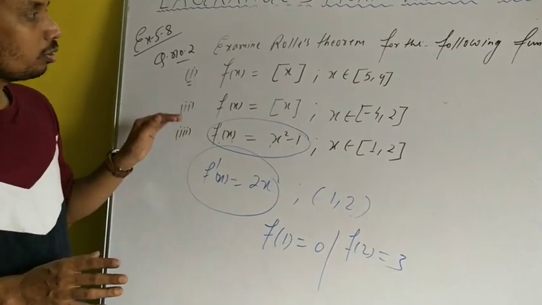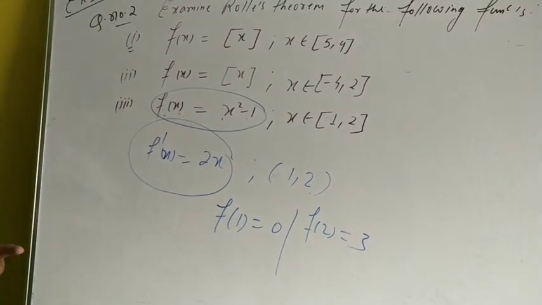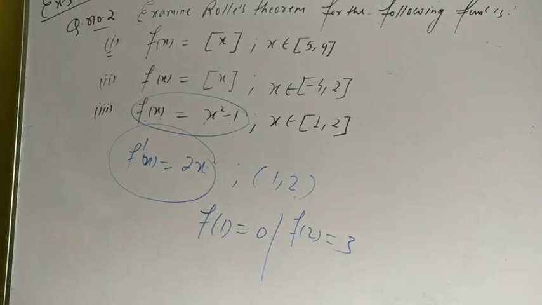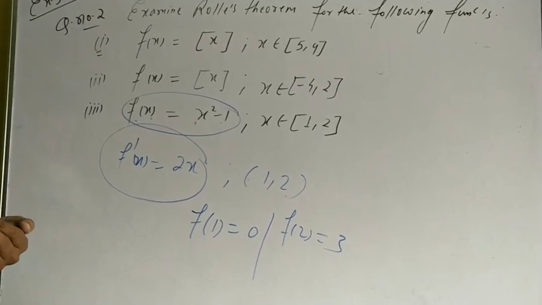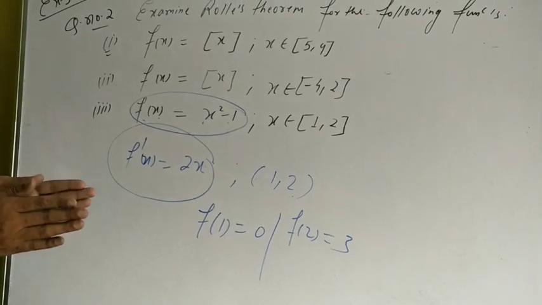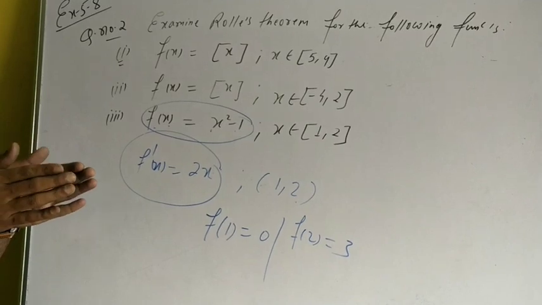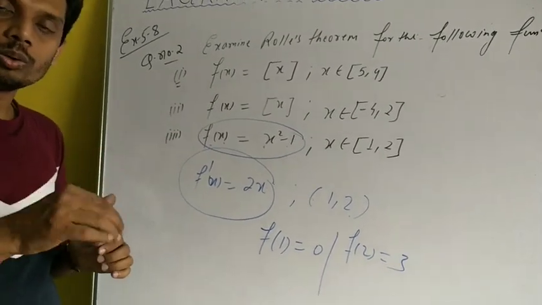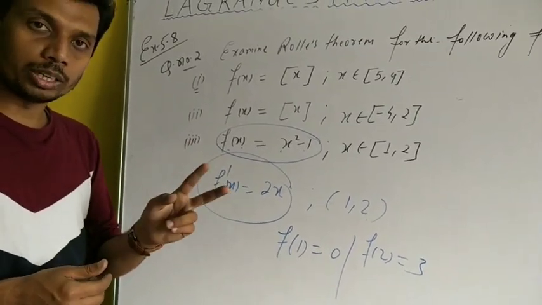As you all are familiar with the main theorem, for example, the basic proportionality theorem. You know what the basic proportionality theorem is and what its converse is. What is the basic proportionality theorem? In any triangle, if a line is drawn parallel to any of the sides, then it divides the remaining two sides proportionally. This is the main theorem.